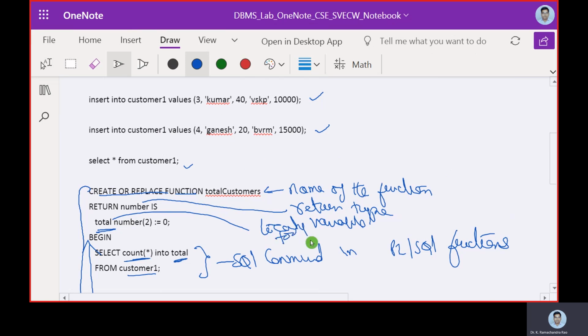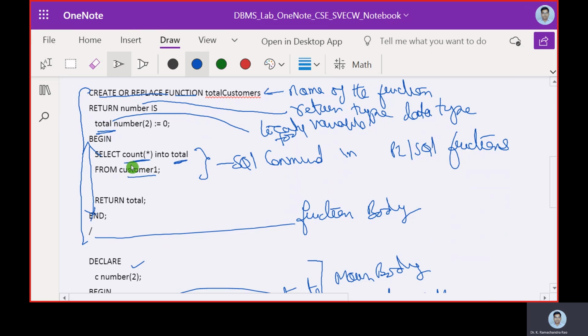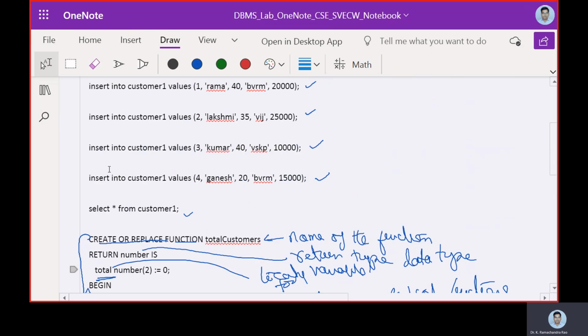Now number is going to be the return data type here. Now it will count the total number of records in this case.